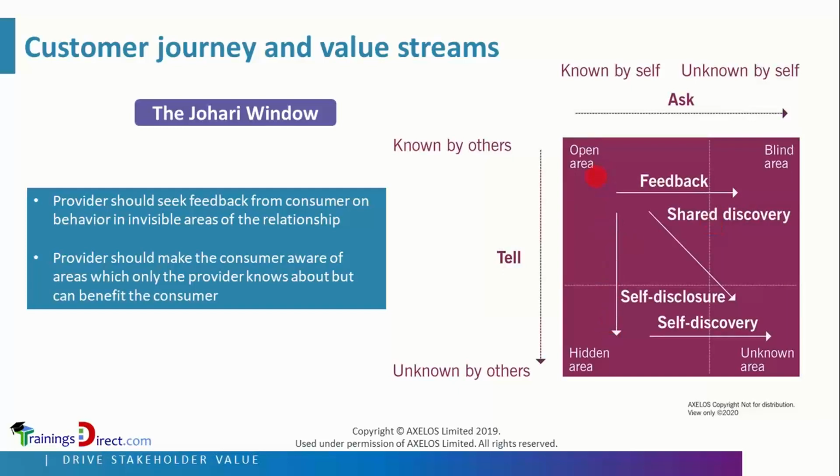Sometimes an individual or a provider may know about themselves, but the others may not know their strengths. In such case, that provider or user or individual may disclose about themselves, saying that, hey, did you know that I'm also delivering the following services? Self-disclosure about their hidden areas, not known to the other. Lastly, there is an area unknown to both, which means they must discover together, shared discovery.